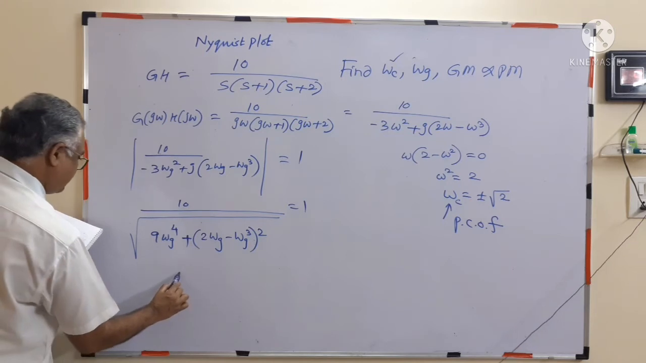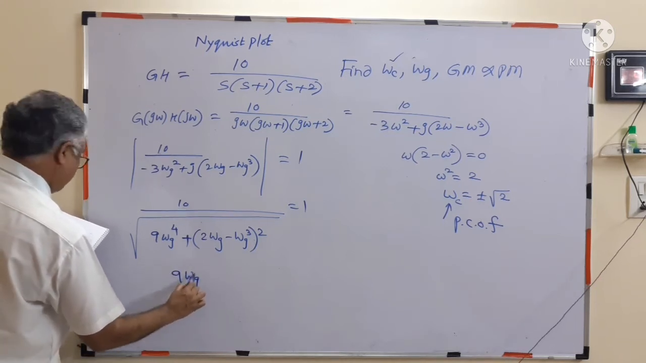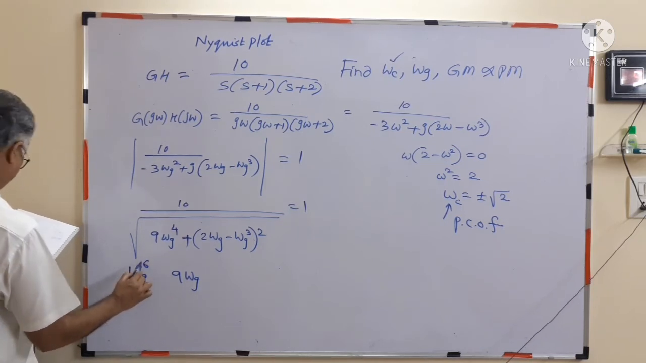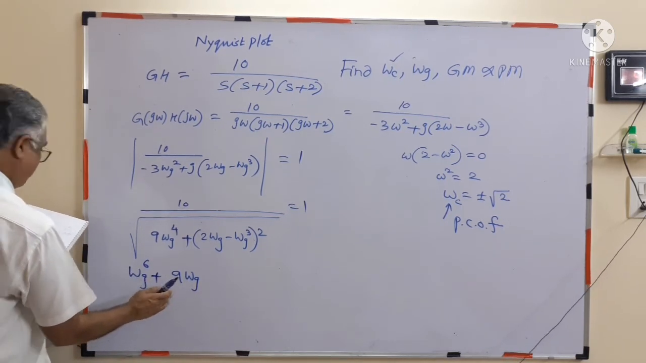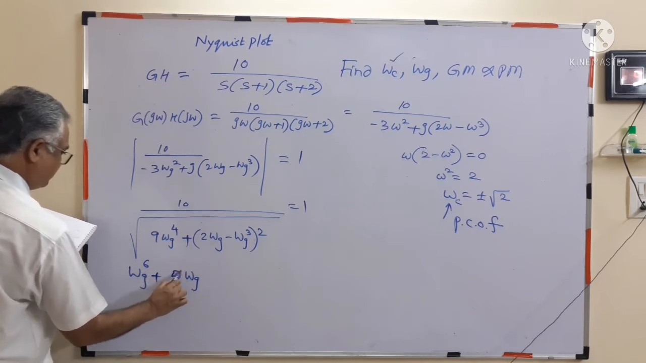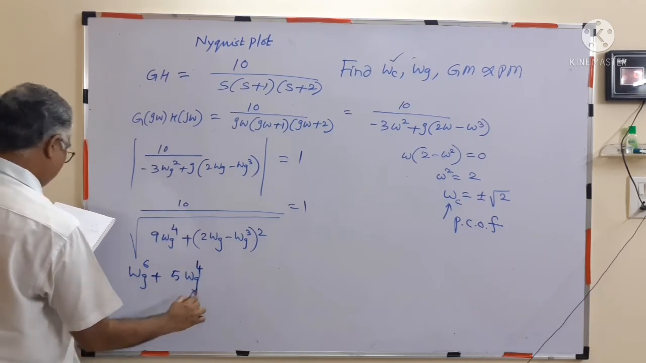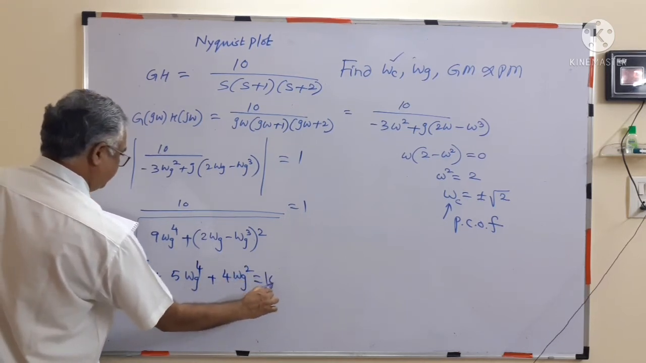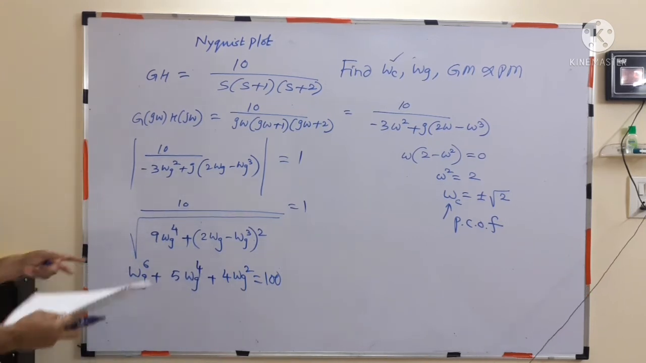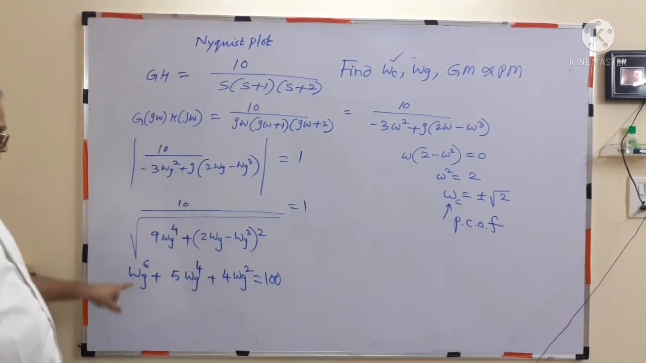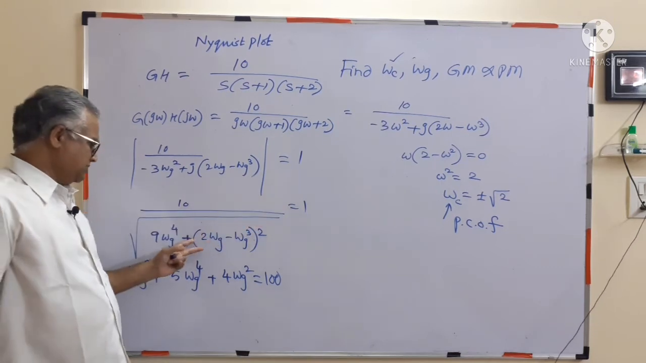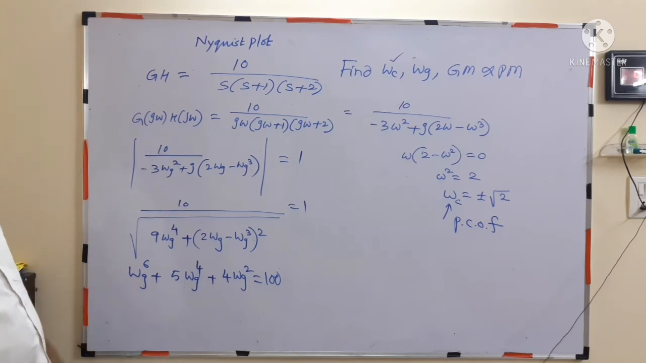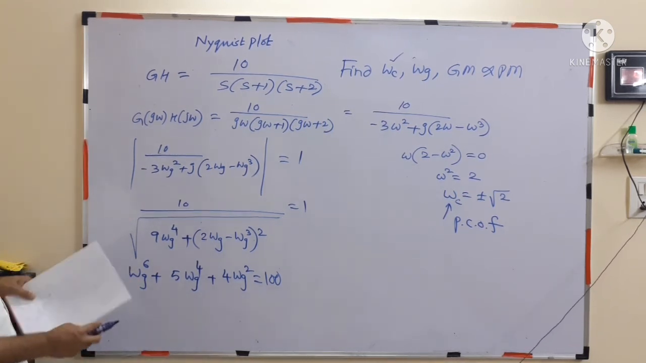You will get omega g to the power of 6 plus 5 omega g to the power of 4 plus 4 omega g square equal to 100. Take another 1 or 2 steps, you simplify, square both the sides, solve for this, you will get this. So we have to find omega g here. If you take omega g,